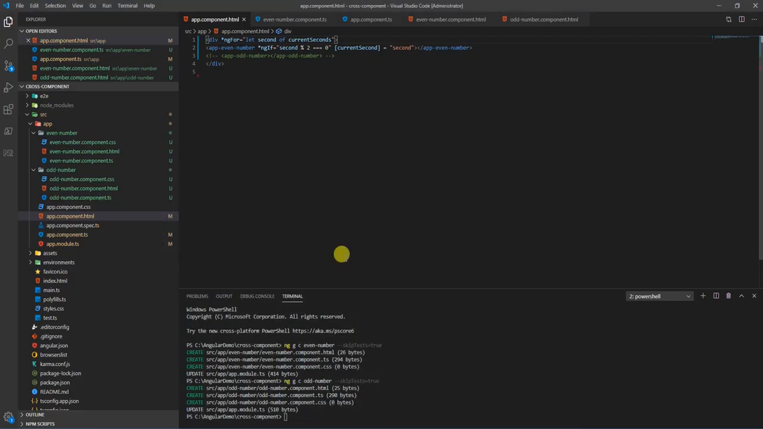So let us do that. So let me uncomment this first. Let me uncomment, let's press Control K U and have this uncommented. We need to add a property, again current second, or it can be any name, but we should bind the same name here. So let me go to the OddNumber